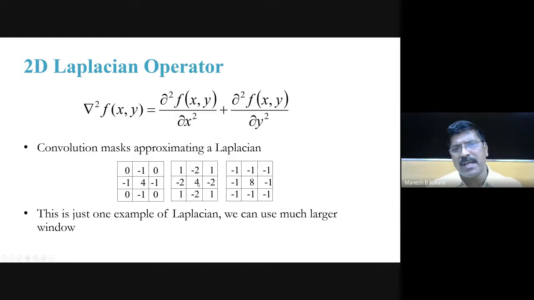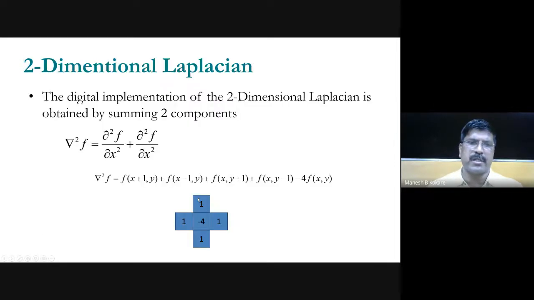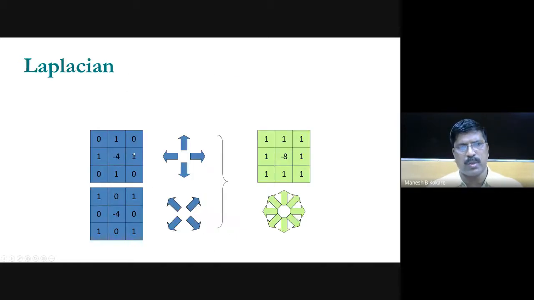Then, as I said, you can change the mask also. The only thing you have to keep in mind is that your mask coefficients' total summation must be equal to 0. So you can design your own mask, as I said here also. So these are examples of Laplacian masks, and you can use them for detecting edges in second order. So this will detect basically horizontal edges and so on, whereas this will detect the diagonal and so on.